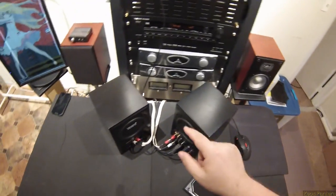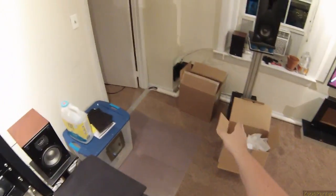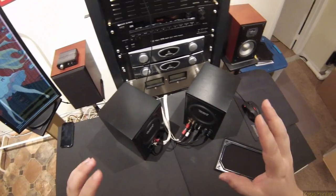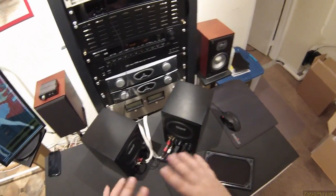Only when you have them on the analog input, or if you use a subwoofer output, is that the case. And when I'm doing the sound review of these, I will have one of those Martin Logans hooked up to show you the difference. But right now, the way they're set up currently, they're just overall quality and level of